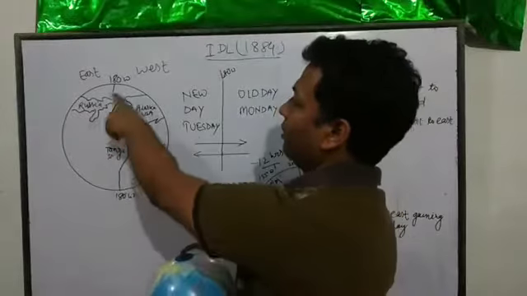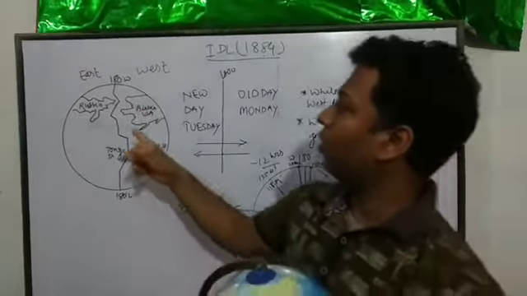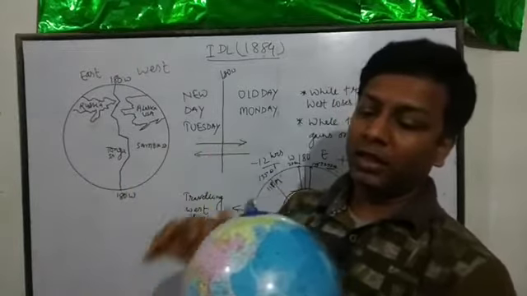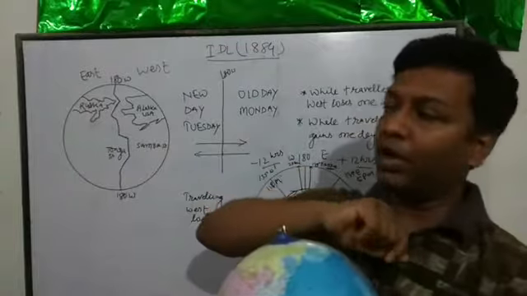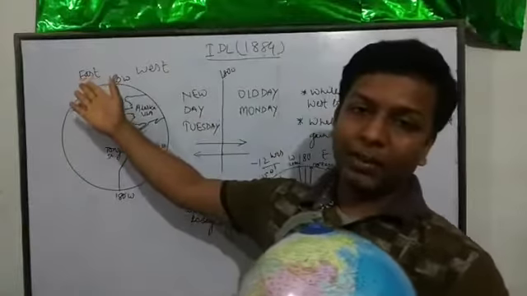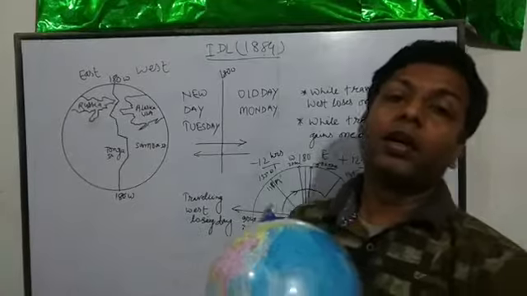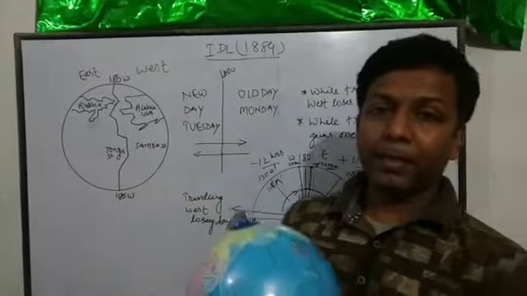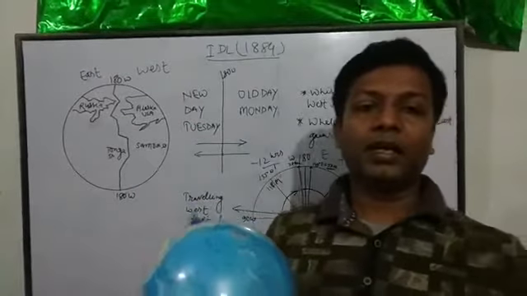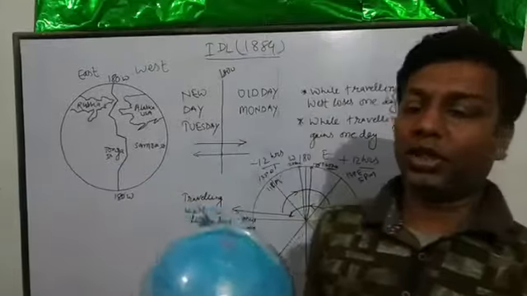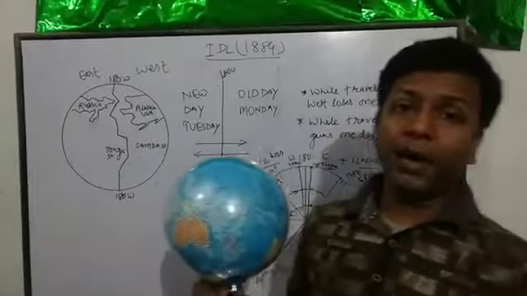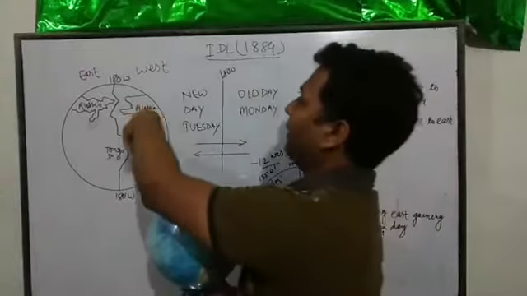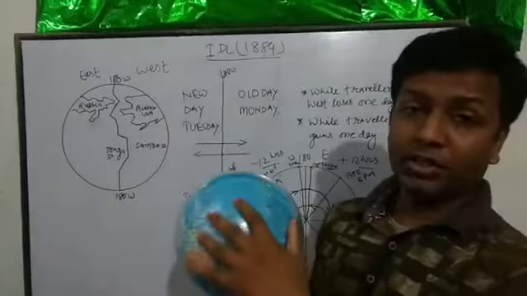Look at this in this map, also in this globe. From this side we have opposite things. From the right hand side we have west and the left hand side we have east. But for the 0 degree meridian, when it comes to the sea, it is east on the right hand side and west on the left hand side. So keep it in mind to show the globe like that for the international date line.